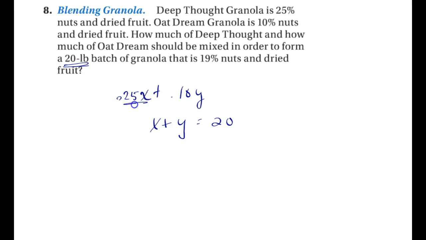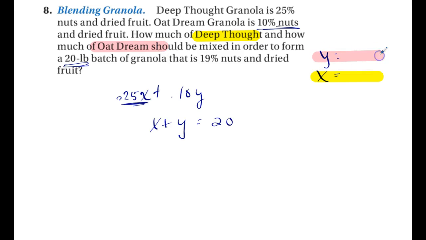So 25% of the x's, which I think are the nuts, 10% of the dried, 10% of the nuts, so y is the nuts. I should probably label that over here. And x's must be the dried fruit. So it looks like I better read this before I start defining these things, because it looks like the question is asking how much Deep Thought, so that's got to be either an x or a y value, and how much